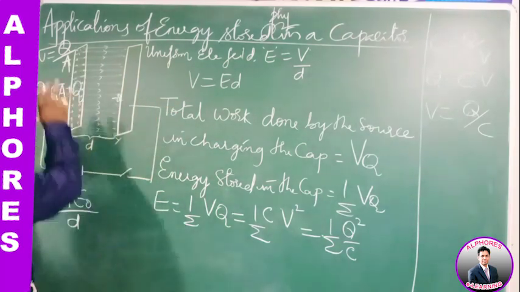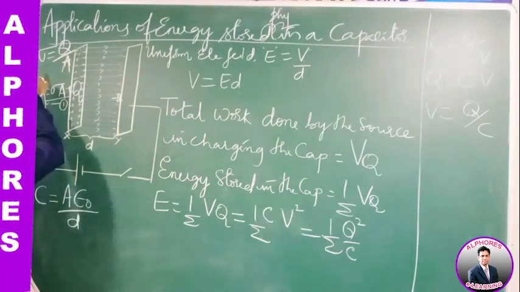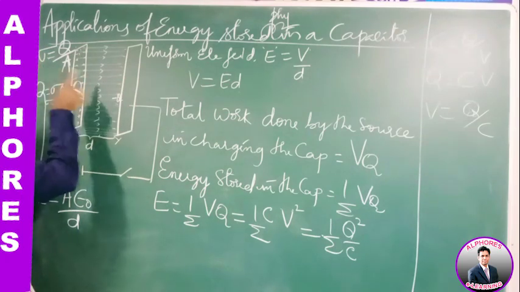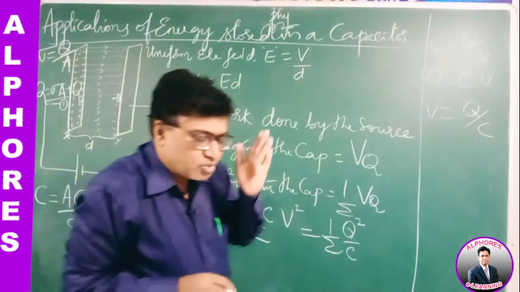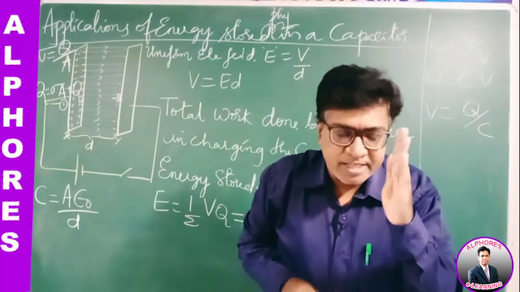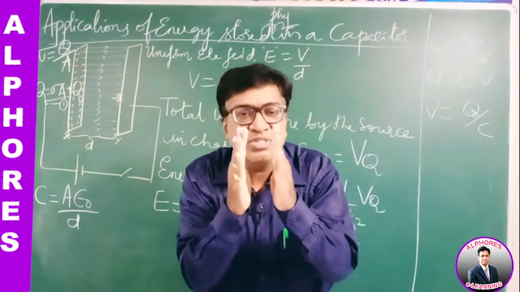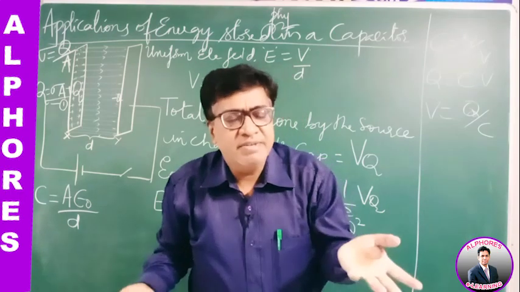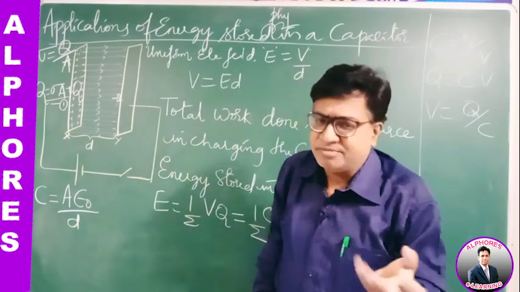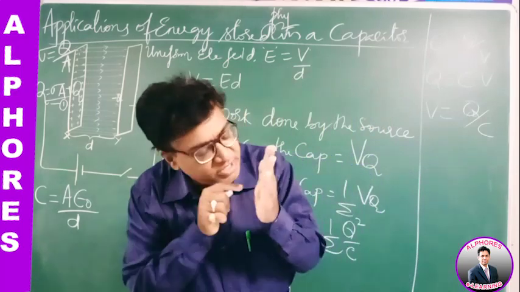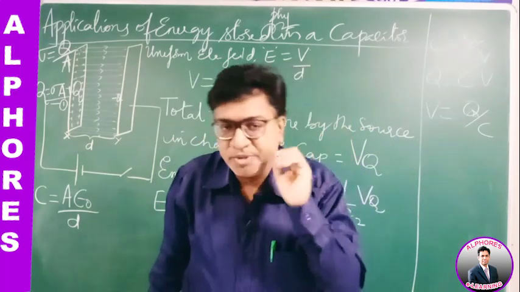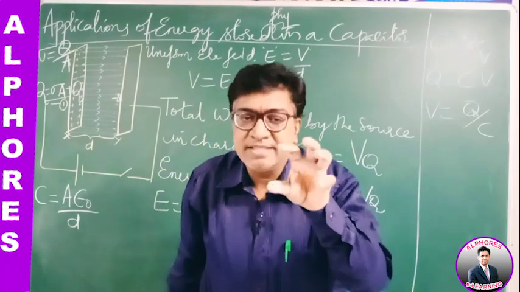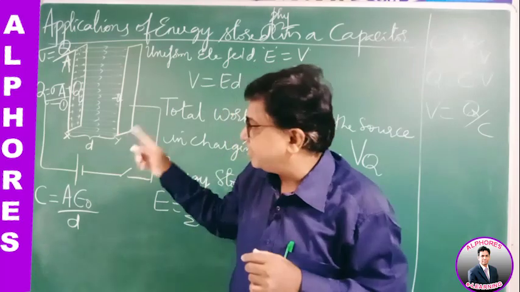So what are all the various things he is going to ask you? The surface charge density is first, the charge stored is Q. The charge stored on the positive plate is plus Q, the negative plate is minus Q. Don't say the total charge is 0, plus Q minus Q in total charge 0. No. If it is 0, what is the fun in using the capacitor? It's of no use. The charge stored is the charge stored on the positive plate, that is plus Q. The surface charge density, sigma, is Q by A. So Q is sigma A.